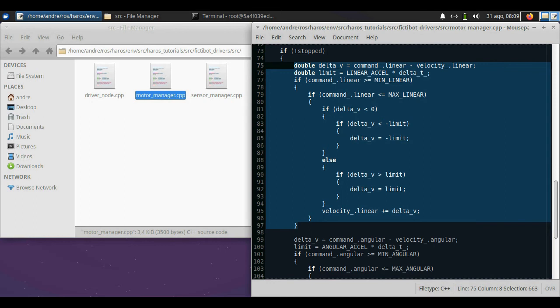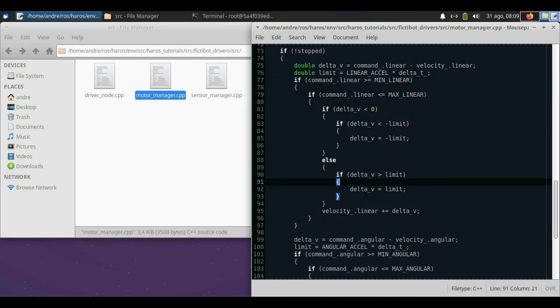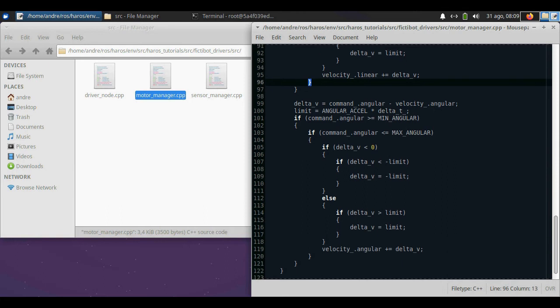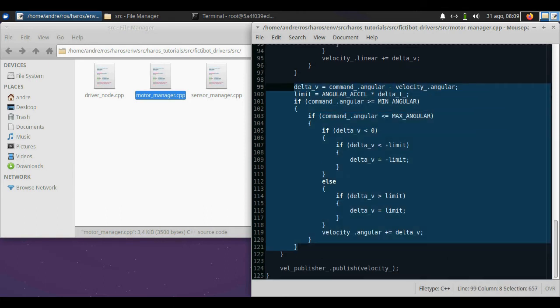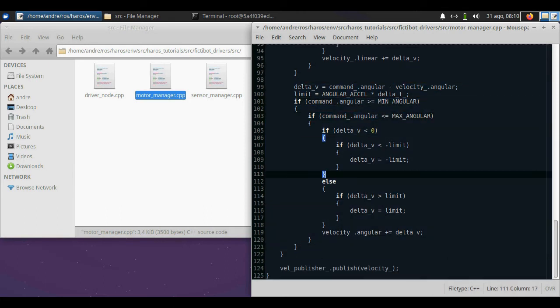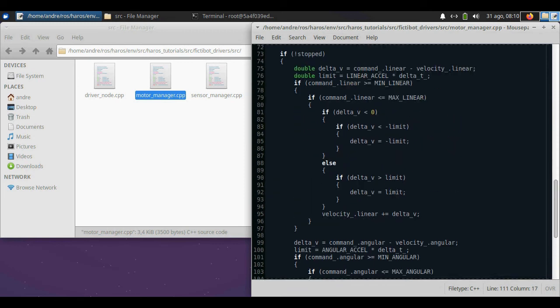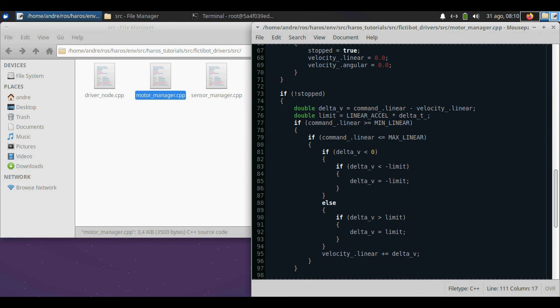So here we have a block that's basically manipulating linear velocities, and then another almost duplicated block which is manipulating angular velocities. They are independent from one another. So let's do exactly that. Let's make them their own functions so that we can reduce some of the if statements within the main spin function.